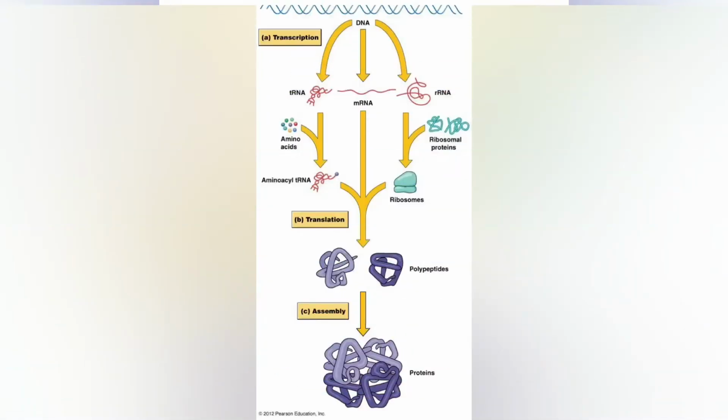These are removed in the process of RNA splicing, leaving only exons, regions that will encode the protein. This exon sequence constitutes mature mRNA. Mature mRNA is then read by the ribosome, and, utilizing amino acids carried by transfer RNA, the ribosome creates the protein. This process is known as translation. All of these processes form part of the central dogma of molecular biology, which describes the flow of genetic information